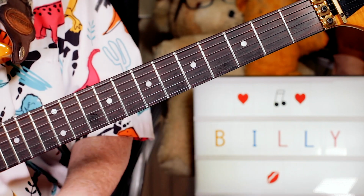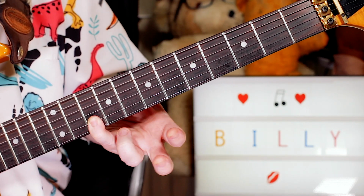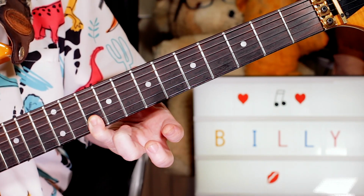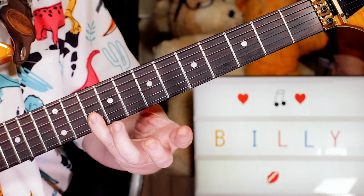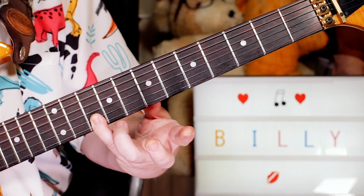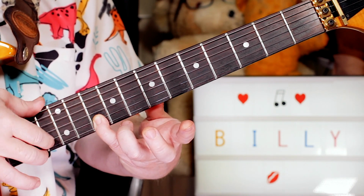So what I'm playing there is on the top two strings, on the B and E strings, an A and a D together. So that's 10 and 10, and I'm just barring that with my little finger and playing them with my first and second fingers